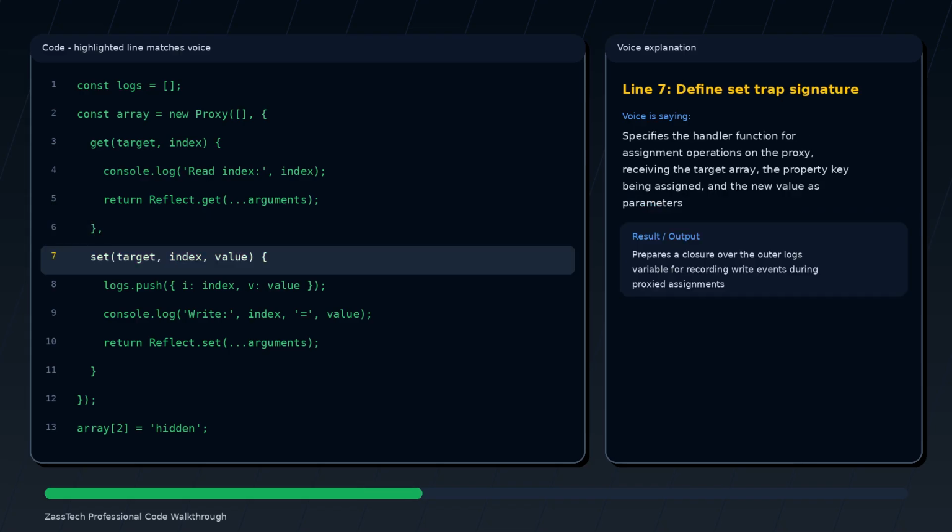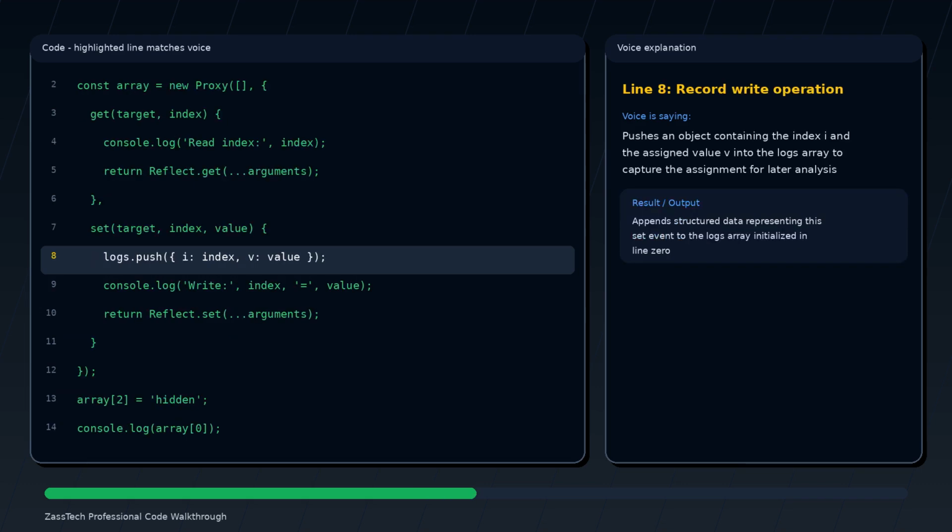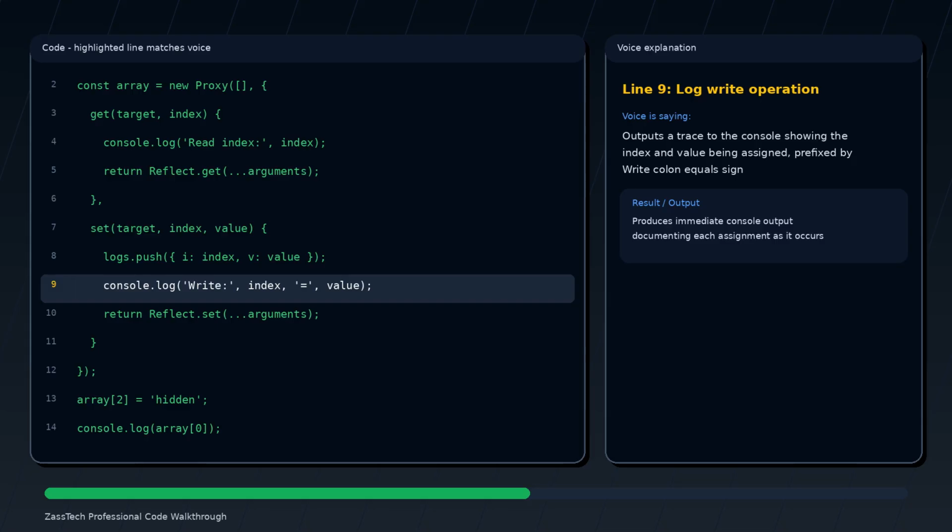Specifies the handler function for assignment operations on the proxy, receiving the target array, the property key being assigned, and the new value as parameters. Pushes an object containing the index i and the assigned value v into the logs array to capture the assignment for later analysis. Outputs a trace to the console showing the index and value being assigned, prefixed by "write :"